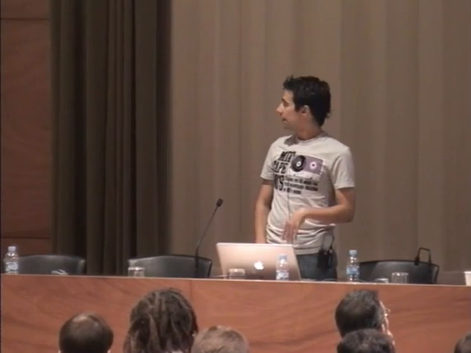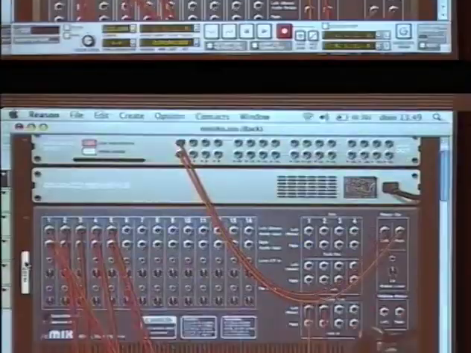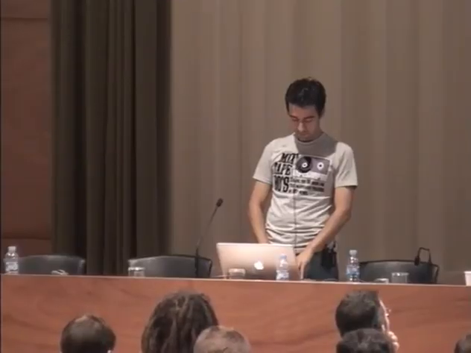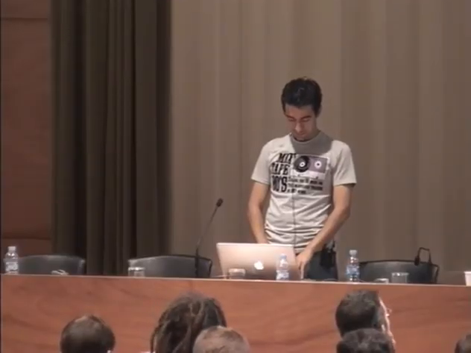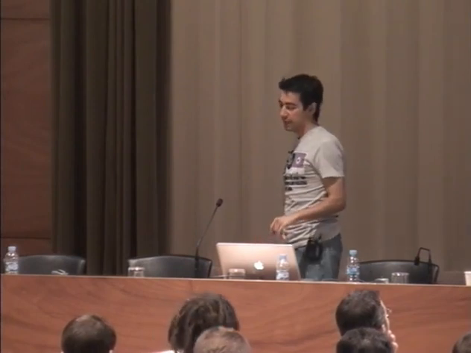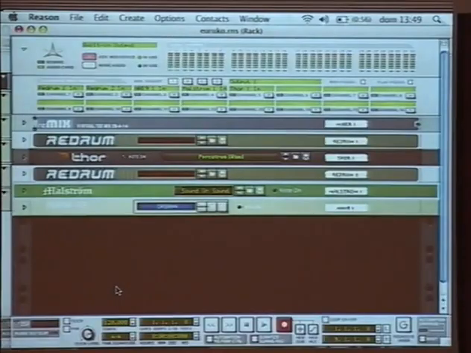Here I have all the racks and the mixer. Here it says advanced MIDI device. So I have all these racks assigned to a MIDI channel.